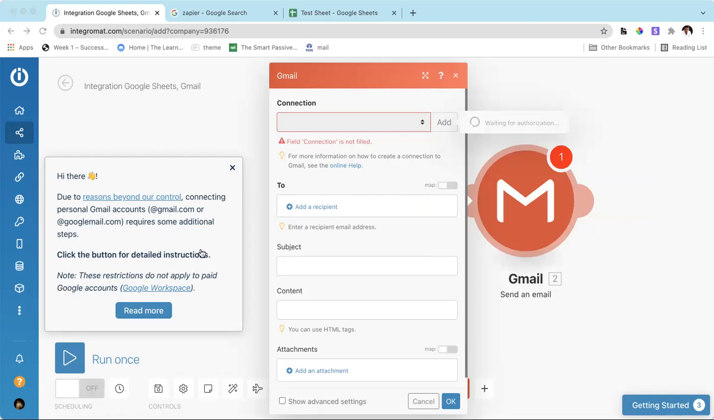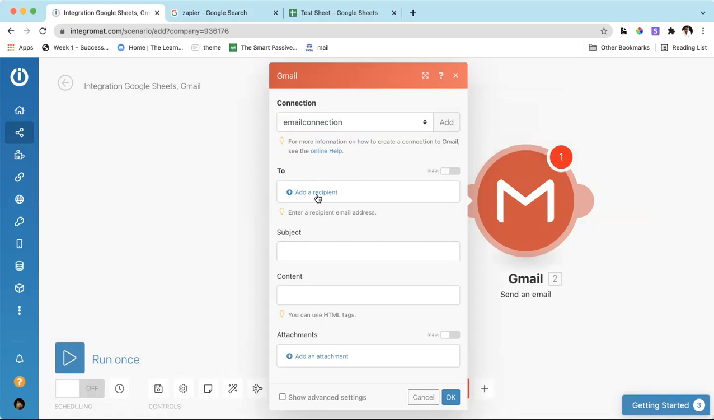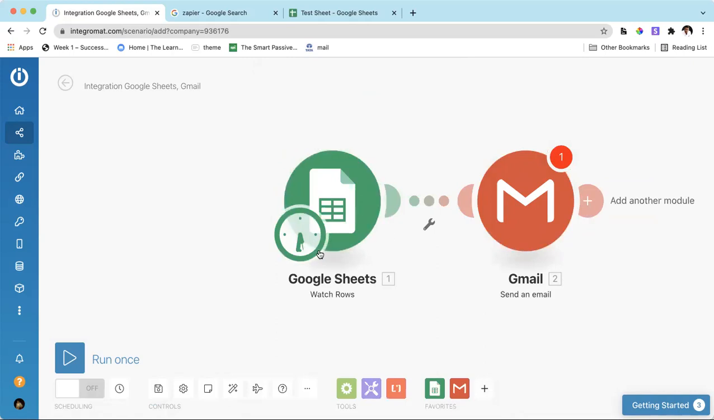Okay, let's do another mail. Okay, here we are. Yeah, now it is connected to my mail ID. Okay, so here's what happens. Now I have connected this Google Sheet to Google Mail. Now each time I add a new row,